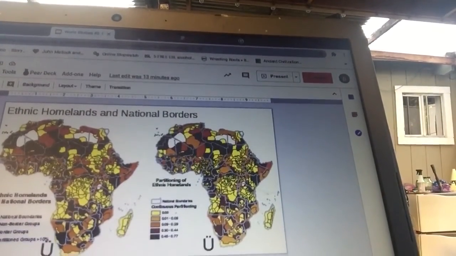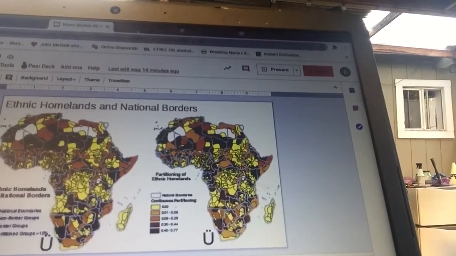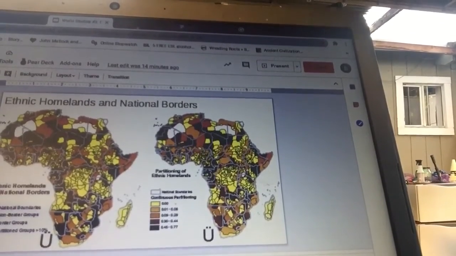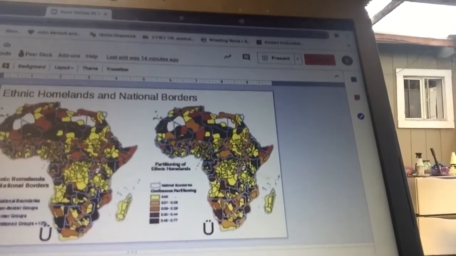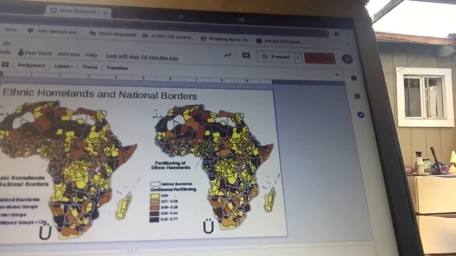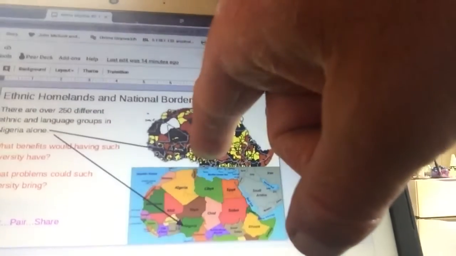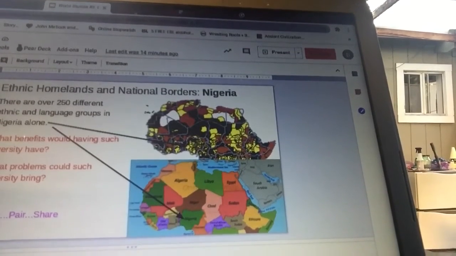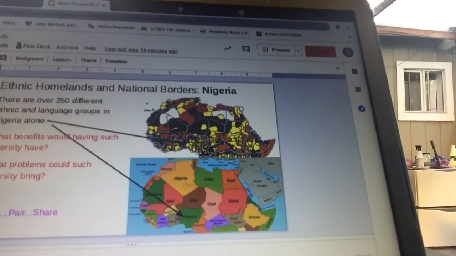And what you see on here, and we'll see when you look at it, are the many different ethnic groups. Hopefully you have some idea, from your world studies or previous history classes, of the idea of ethnicity. Ethnicity divides somebody based on physical characteristics, but also language and cultural characteristics, and the different ethnic groups of Africa have huge diversity, with several hundred or thousands of different ethnic groups there. This map shows you those. And then to break it down to an easier area to focus on, there are 250 different ethnic groups in Nigeria alone. Nigeria is not unique, but it is one of the ones with the greatest amount of diversity in it. So just a question there: what benefits or problems could that bring?